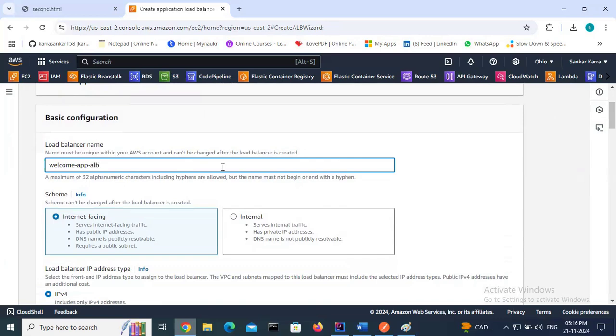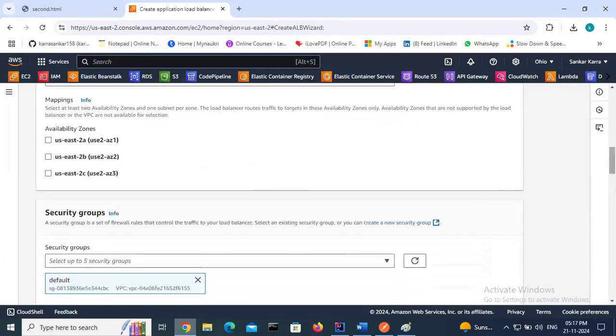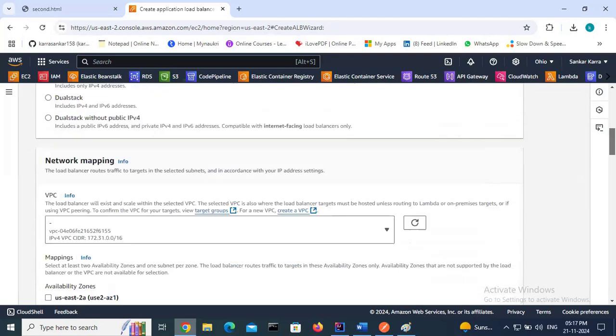Application Load Balancer: internet facing or internal. See, the scheme cannot be changed after the load balancer is created. If you want to change it, it is not possible once it is created. Then we need to delete it and create a new one. After the name is entered,